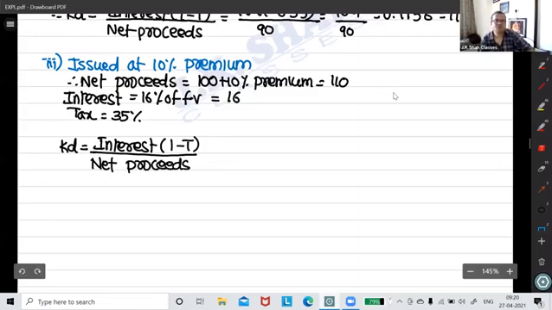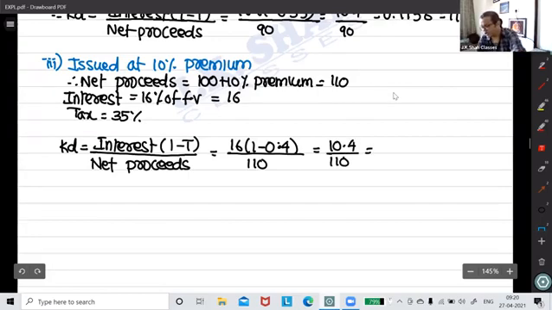Net proceeds. I think the interest times (1 minus T) part remains the same, right? 16 into (1 minus 0.4). Yeah, net proceeds will change to 110. So this is 10.4 divided by 110. When you do 10.4 divided by 110, you get point, I'll write